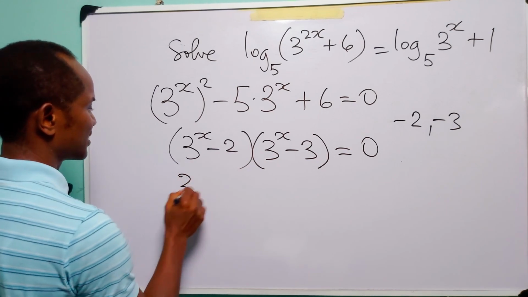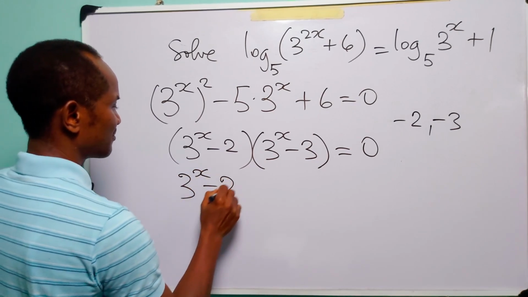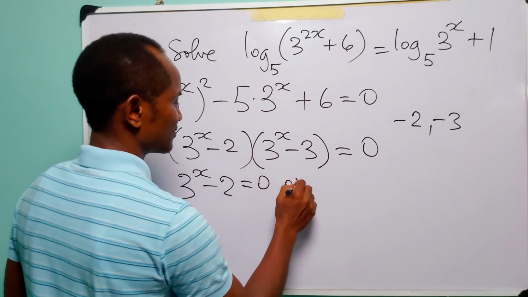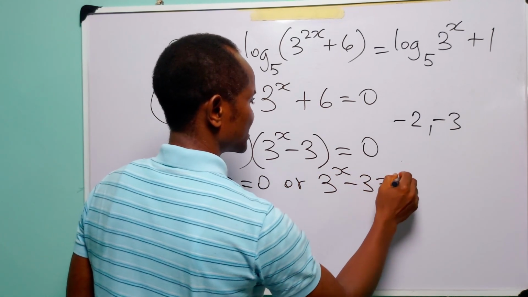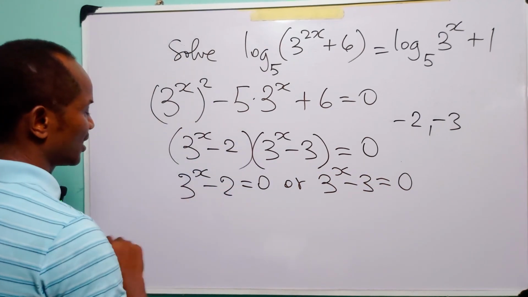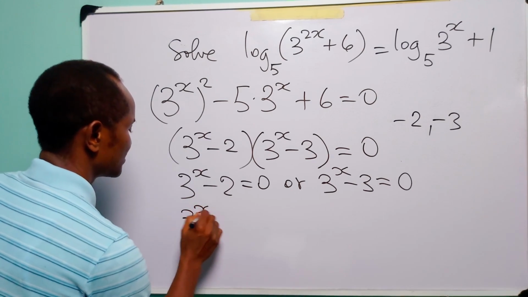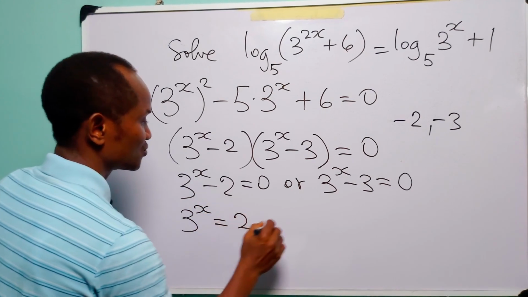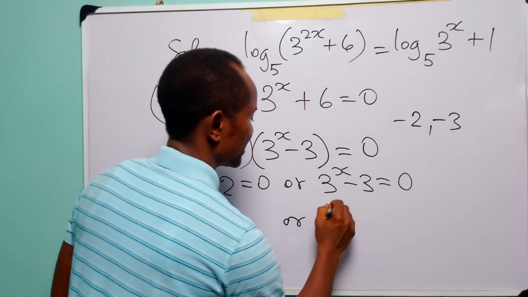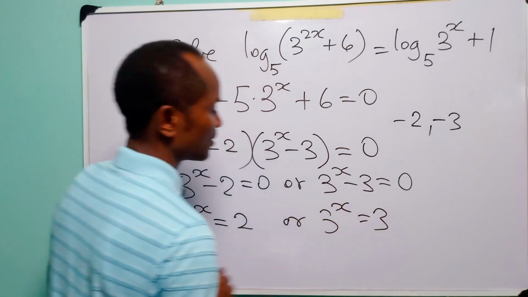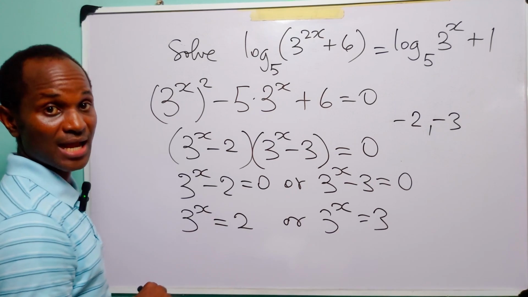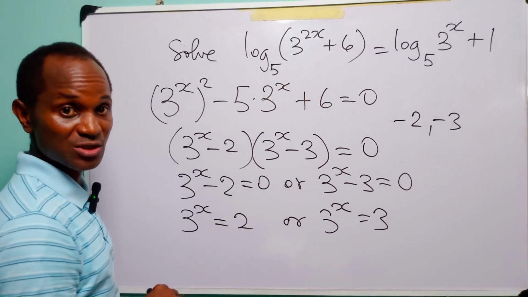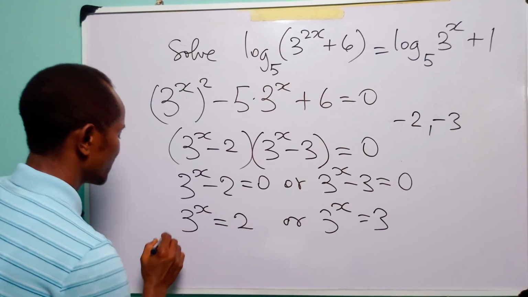From here, we have that 3 to the power x minus 2 is equal to 0, or 3 to the power x minus 3 is equal to 0. And 3 to the power x is equal to 2, or 3 to the power x is equal to 3. Of course, when we have an equation like this, the next thing we do is to take log of both sides. So we have that